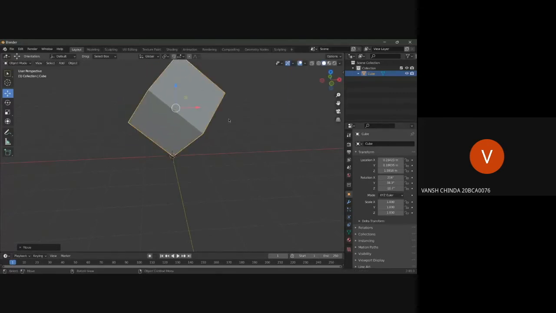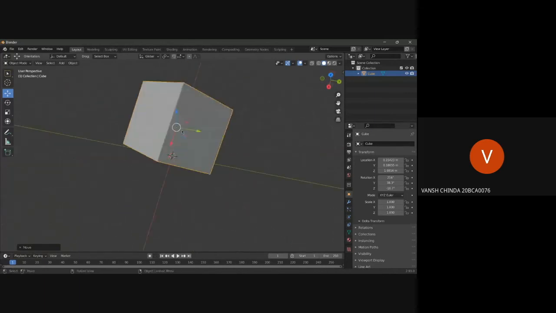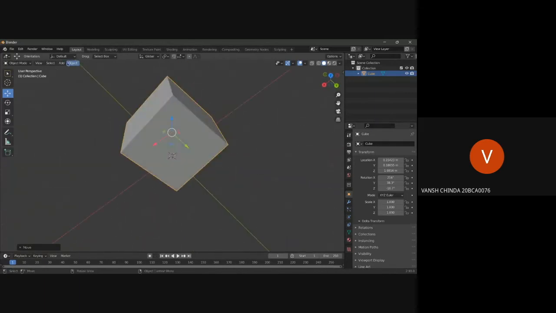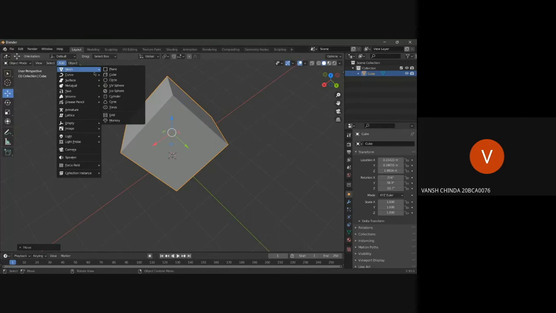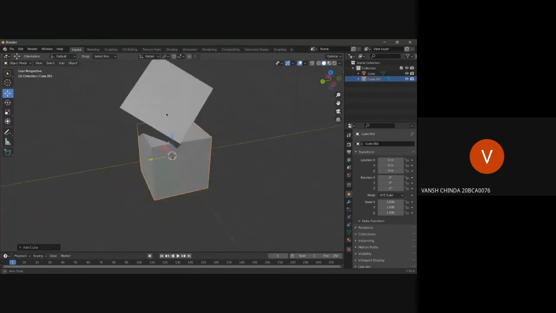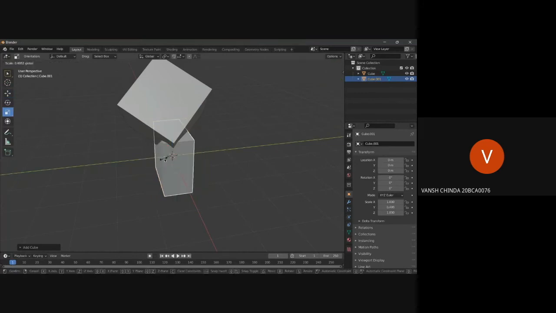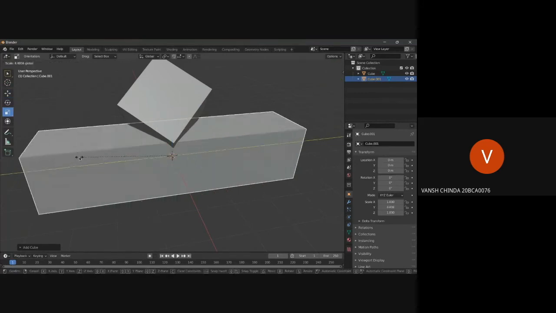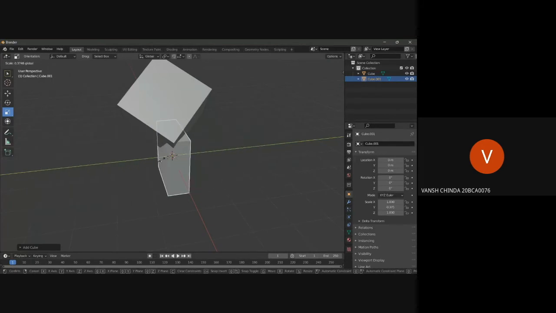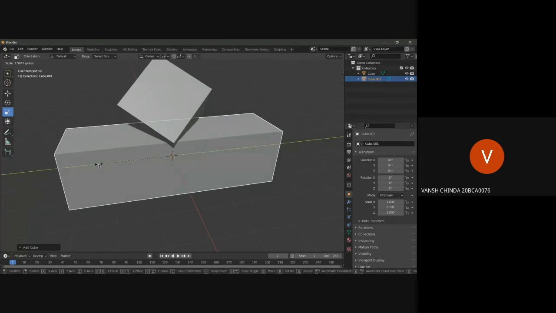Let's add some more cubes to this. I'll add one more cube and scale it down. Use this scale function. It will scale according to the Z, Y, and X axes.